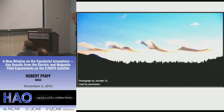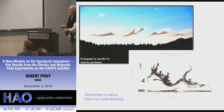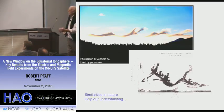She told me this was the only time she had it just right, with the lighting, etc. And now I'm going to just flip the direction here and compare this with the large-scale instabilities that Mike Kelly was publishing, and you can see immediately there's quite a bit of similarities between the top side plumes and this bottom side structures. Not wanting to go the extra step and say that obviously it's not one-to-one, with totally different plasma parameters and variations with altitude, nevertheless, looking in other places in nature helps with our understanding and suggests